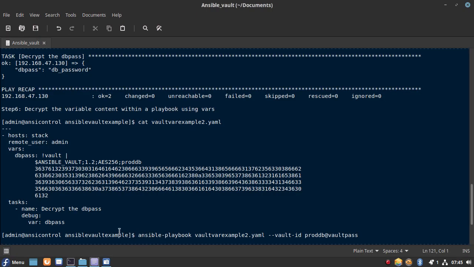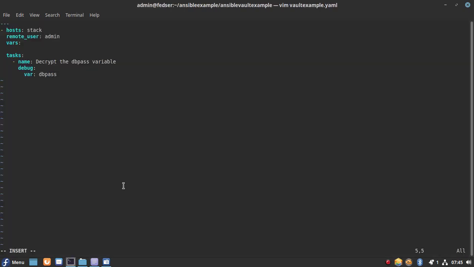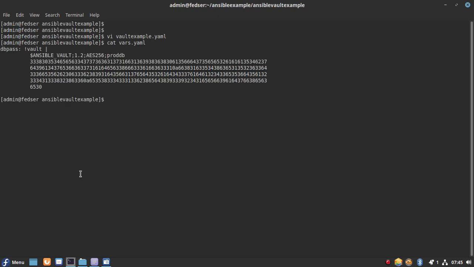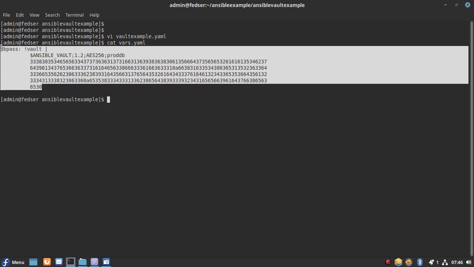Here we just need to copy the content of the vars file. Let me take the content from the vars file. It has the variable and the encrypted content.